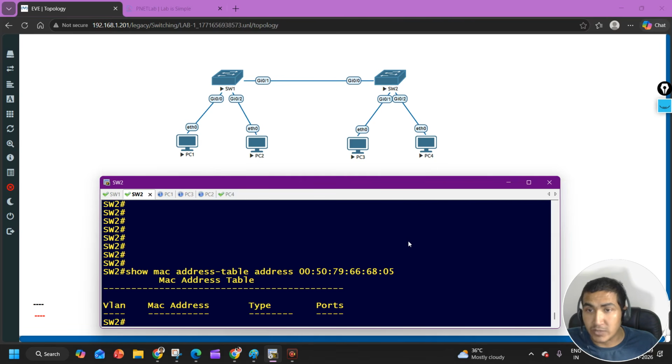Make sure the VLAN is not inactive, meaning the VLAN is present in the VLAN database, because this is a MAC address related issue on the local switch, right? So if the switch is not learning MAC addresses in a particular VLAN on a local switch, even not on the trunk port, and if it is not learning on the trunk port, definitely we will verify other things like whether that particular VLAN is allowed or not. But if the switch is not learning it on the access port, it means there is some issue